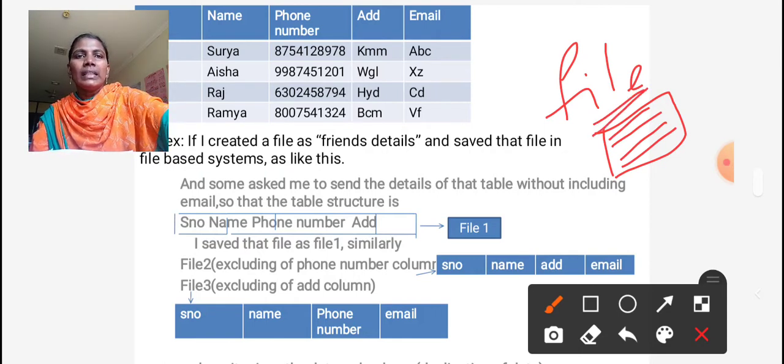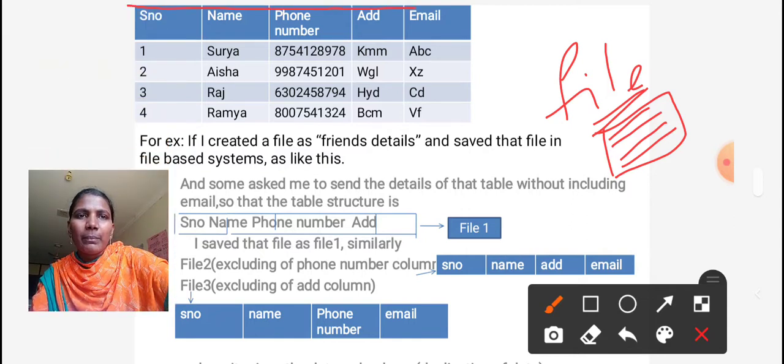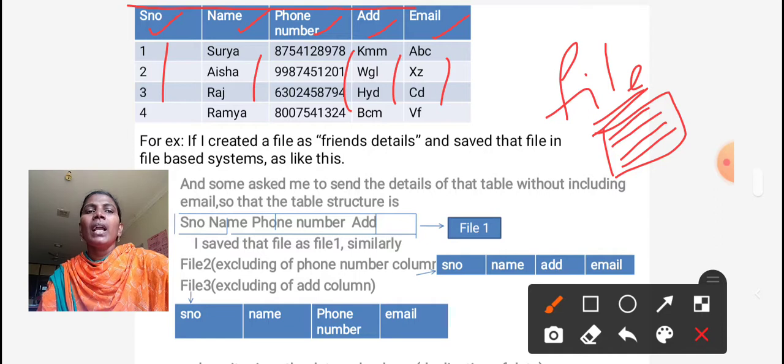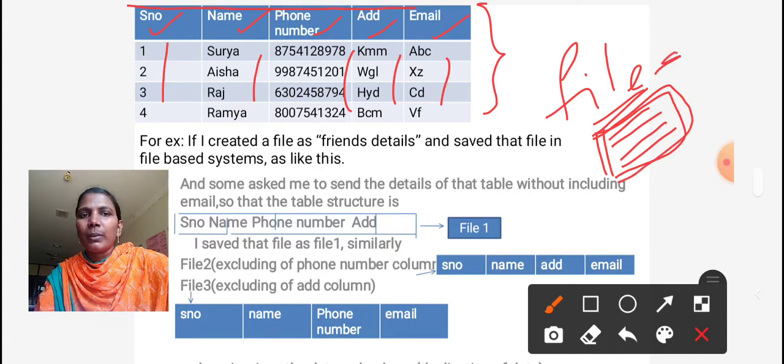Suppose I want to save a file in the computer memory using a file based system. This is the file saved by me, which contains data values as serial number, name, phone number, address and email. I saved this table in the computer memory in the file based system.